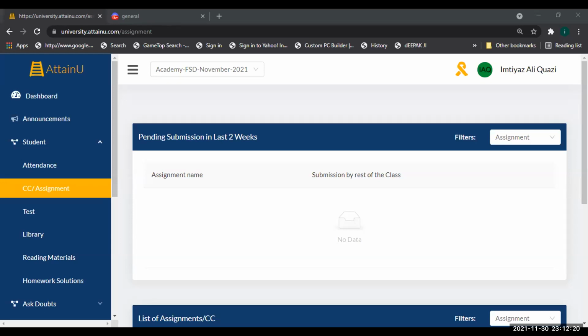Can you guys see my screen? I can see your screen.